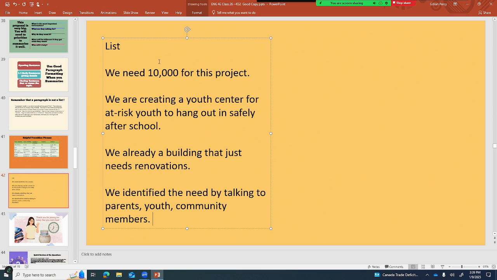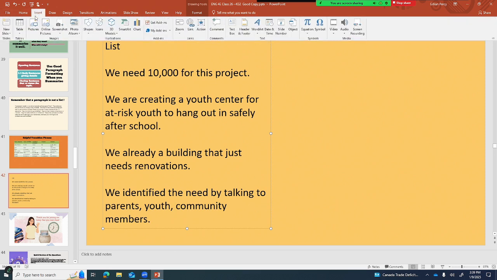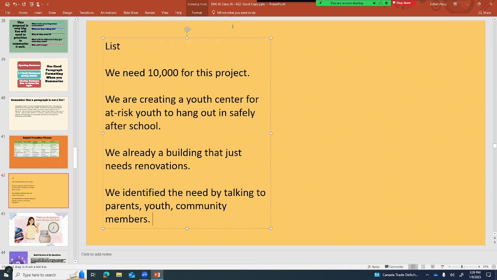That'll do. Okay, so that is list format, right? It is not a connected paragraph. It's just a list. I haven't thought about what order it goes in. I haven't thought about how they're connected. I'm not trying to create any sense of continuity, okay? But here is how that would look different if I was trying to create a connected paragraph, okay? So here we go. And I'm labeling it up top so you can see it. Connected paragraph.